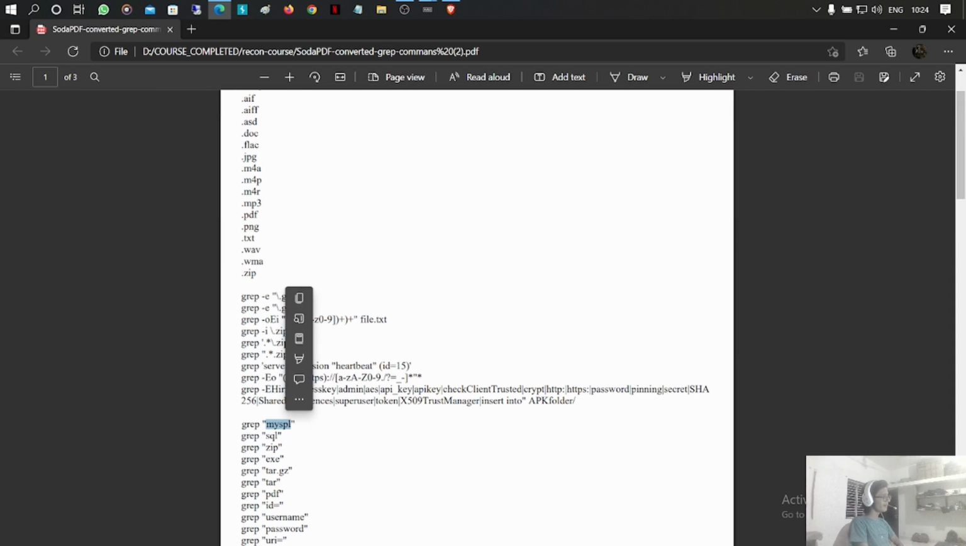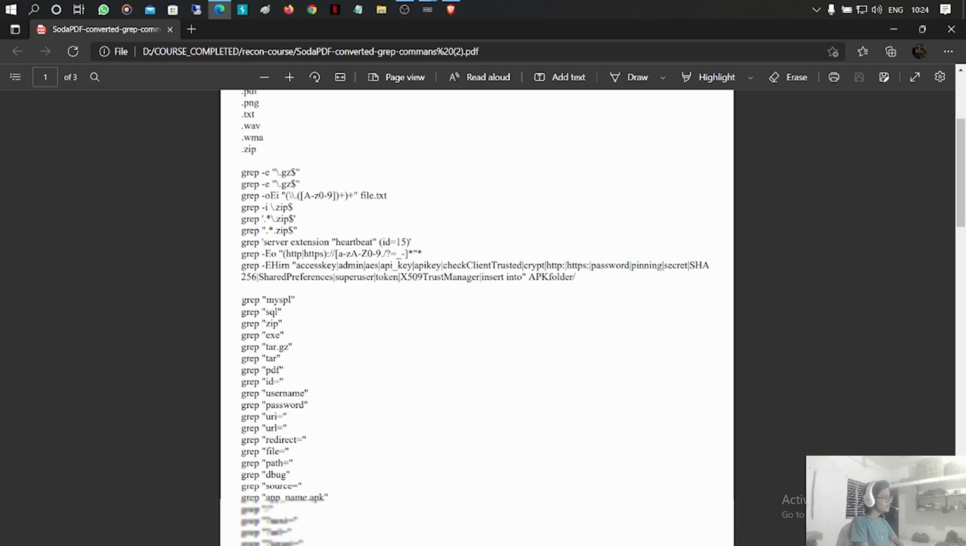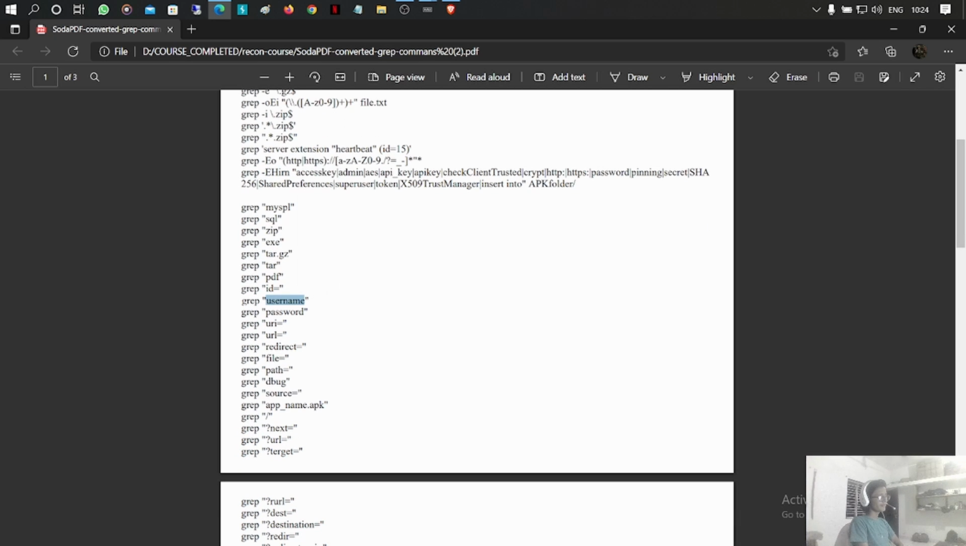You can just find MySQL. You can find tar.gz. You can try to find the username. Sometimes what happens is all the information is sent via the URL, like username equals this and password equals this, email equals this. So if you find this type of thing in the URL, then this can be information disclosure. Try to do that thing